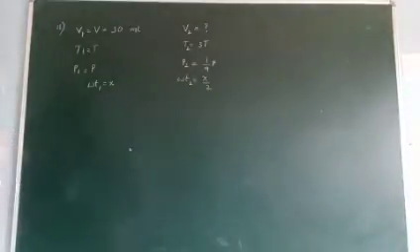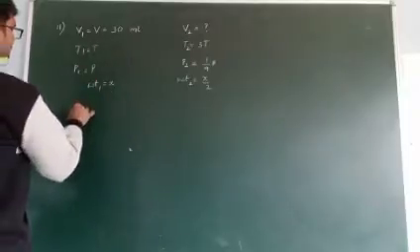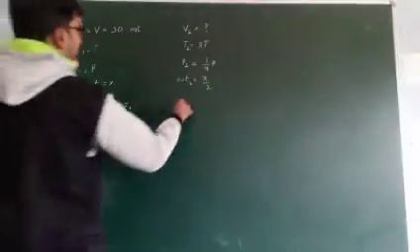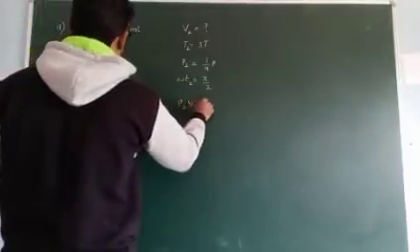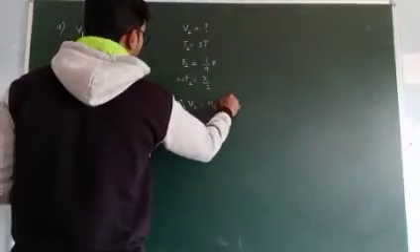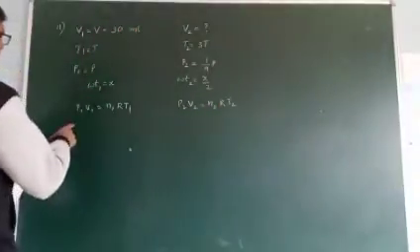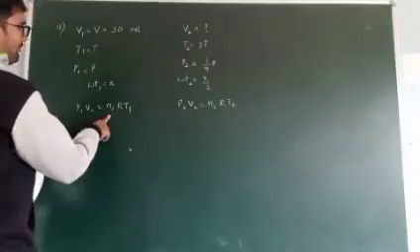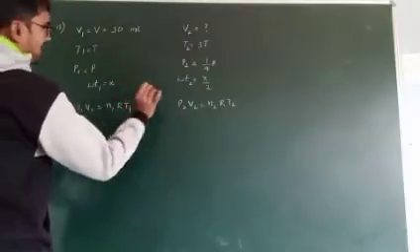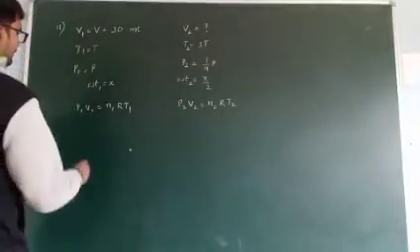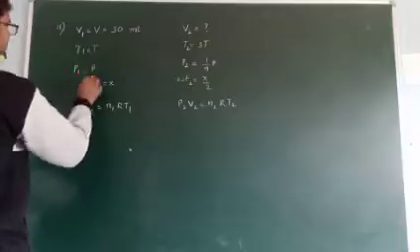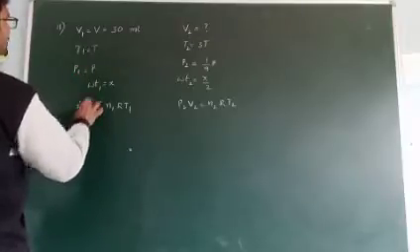Okay? It is very simple. We know the formula for the first one: P1 V1 is equal to N1 R T1. P2 V2 is equal to N2 R T2. N1 means weight by molecular weight. But in both cases, the gas is the same. So P1 value is P, V1 value is 30.